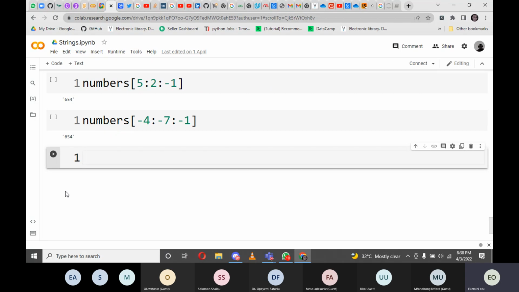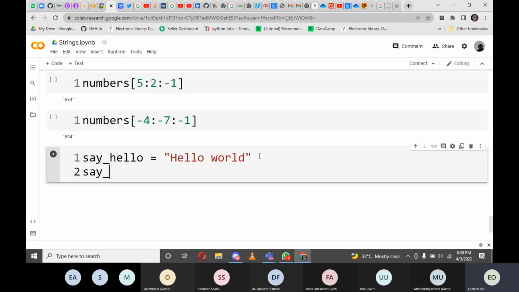So the very first example, I'm going to define a variable, maybe say underscore hello. In this particular case, I'm going to put the beginning part of programming, which is hello world. I'm going to just type in hello world, which is going to be the beginning of our string, and we're going to look at how we can find a way out and see the immutability of strings. So if I enter and I say underscore hello,